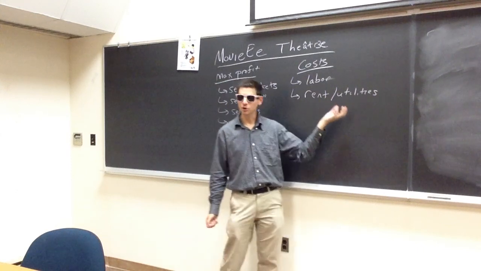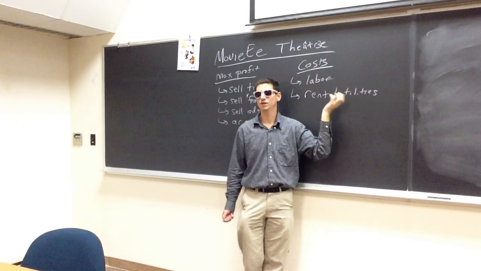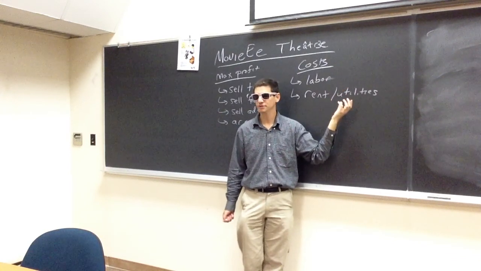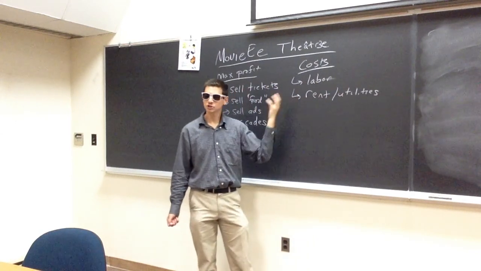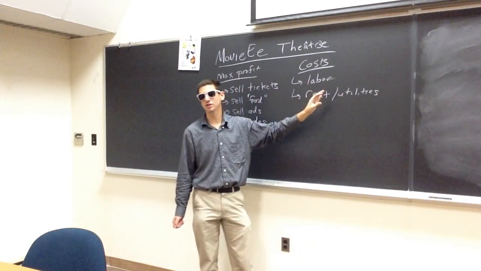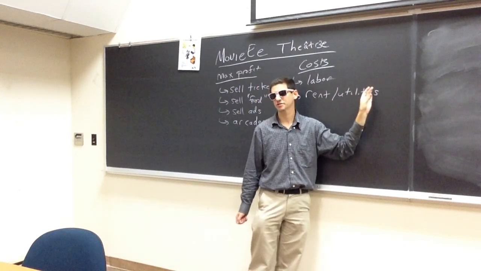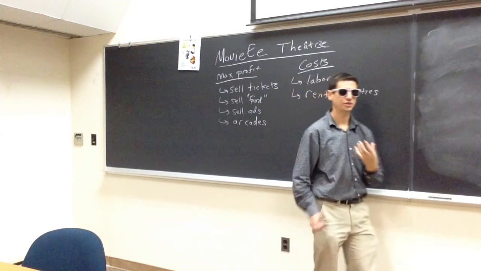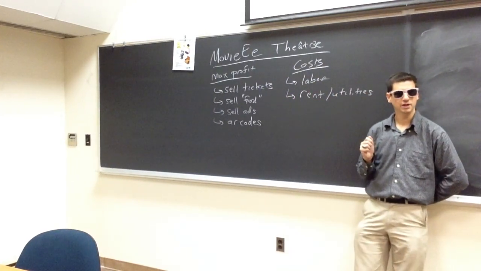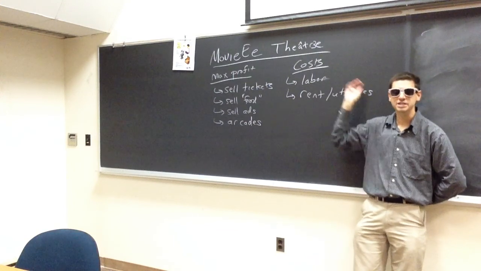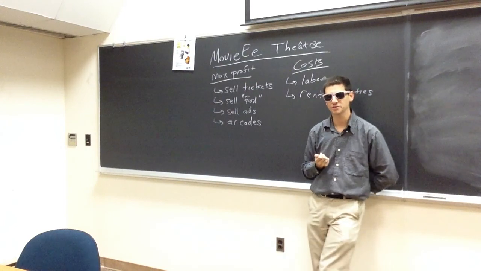The later you stay open, the more movies you can show, but the more labor you're going to need. You're going to have lights on in the building, heat on in the building. So there could be a little bit of a variable cost here. A lot of times you might simplify the model initially and say, let's just assume for now that these are fixed costs. And then we can tweak it later so that the longer the theater is open, maybe the more costs we get. Right now, I just want you to get some of the ideas and issues that could go on.